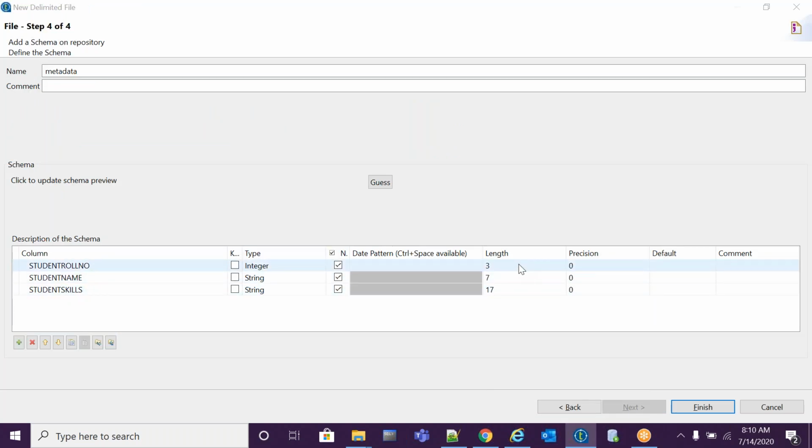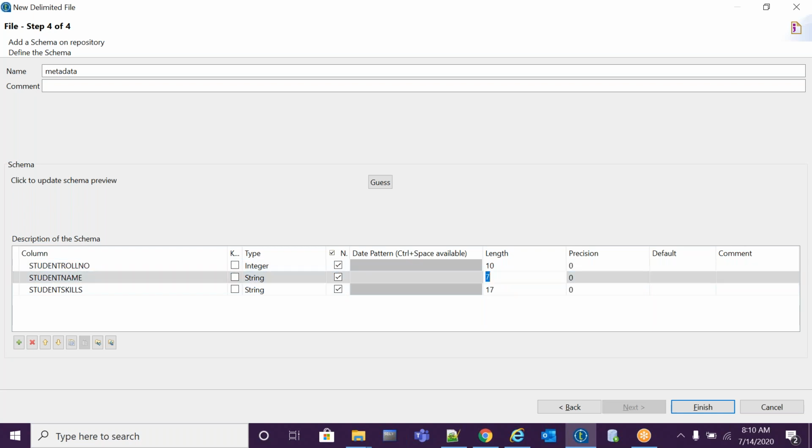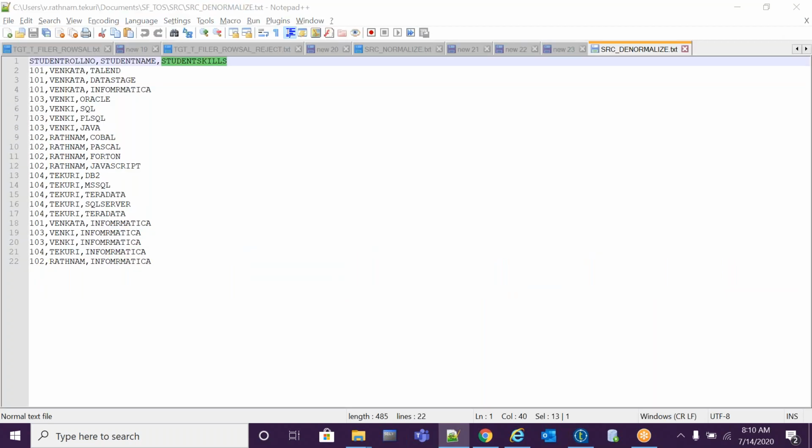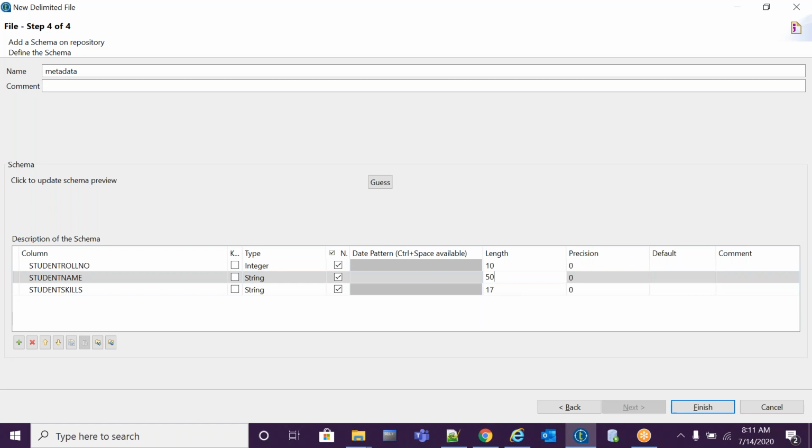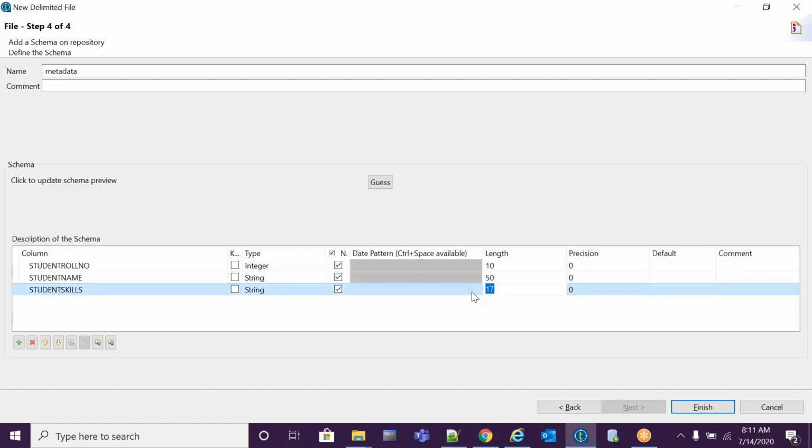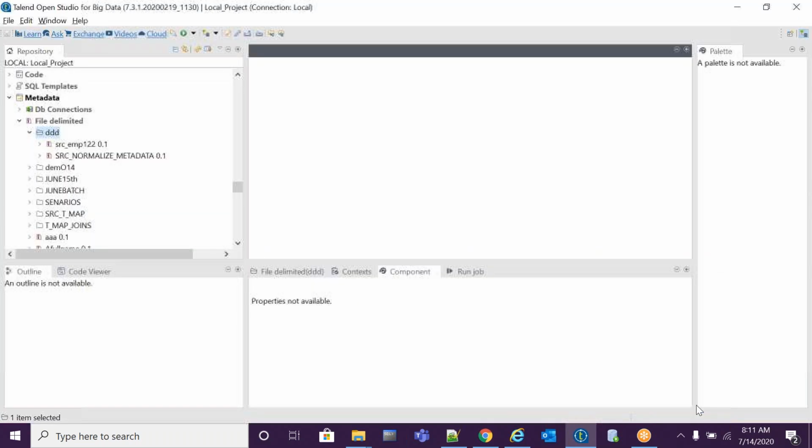Student roll number I want 10. Student name a little bit more, so 50. Student skills 50. Click on finish. So my metadata is ready.